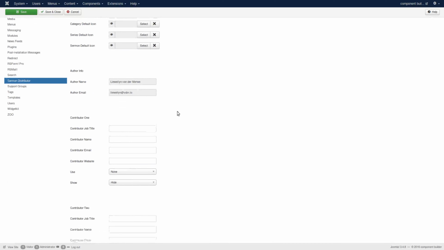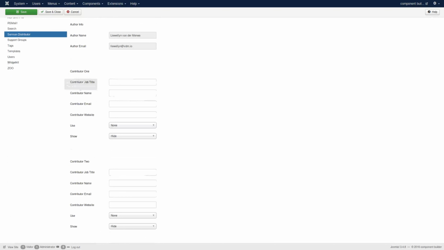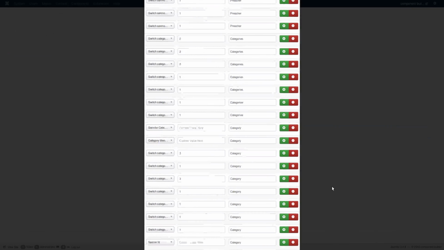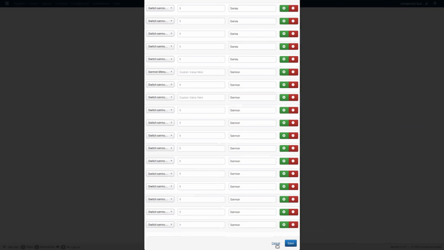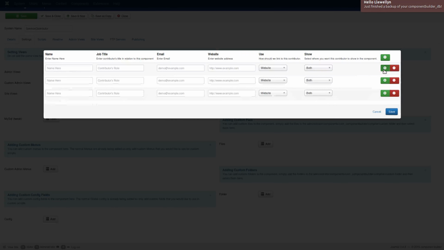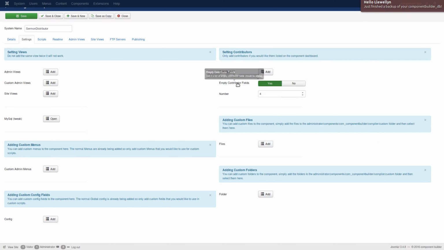And then the author area is also added automatically. When you click in the component here, let me just close this long thing. You see here is a contributing area. You can set whether you want to add empty contributing level fields. Here you can add contributors, as many as you like, those who are involved with developing your component. And then the amount of empty ones you want to leave there is also tweakable,